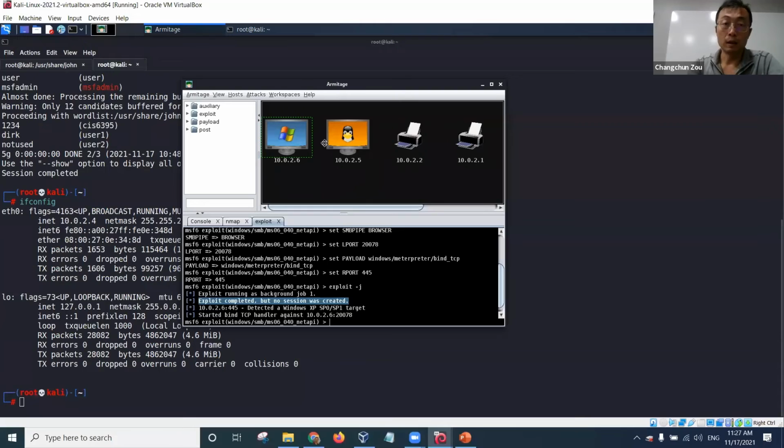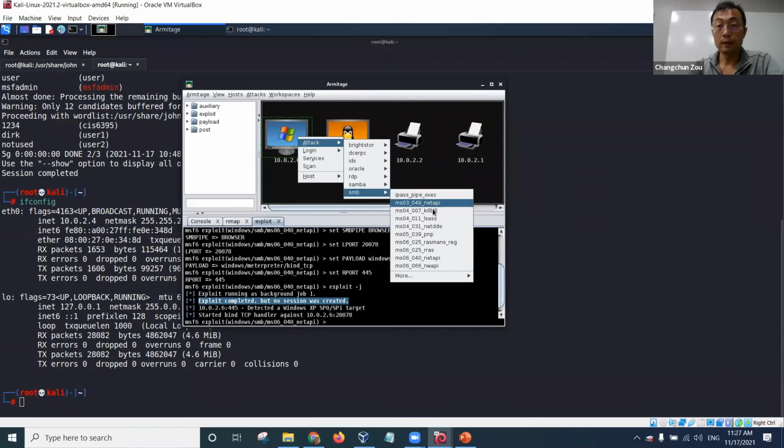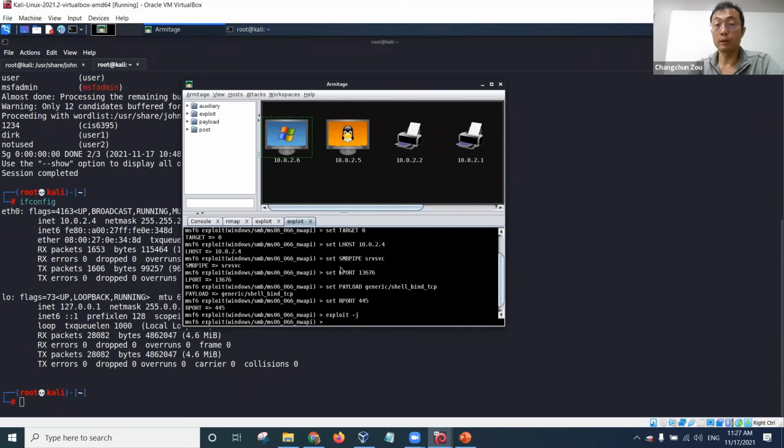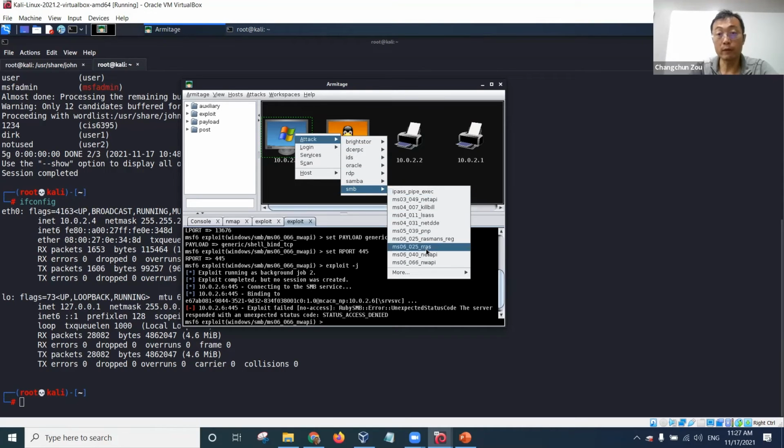But it's still easier than using Metasploit directly, because you can try each one of them one by one and see whether you can finish and compromise the target. This one exploit failed. So let's actually make a successful attack, because we have demonstrated